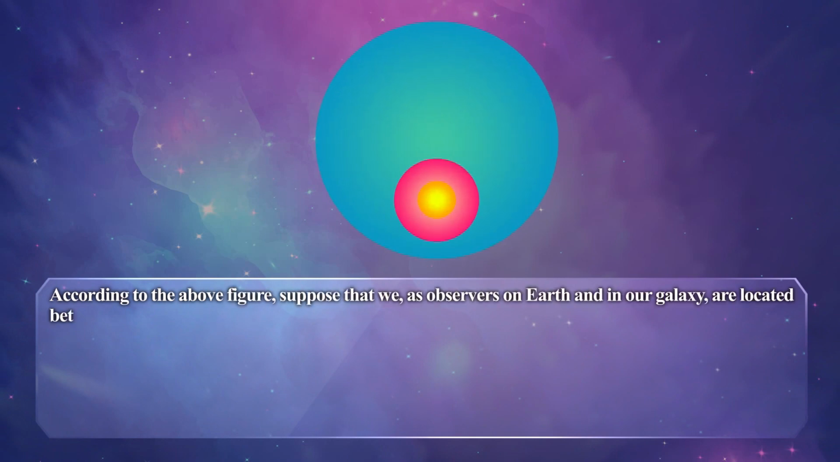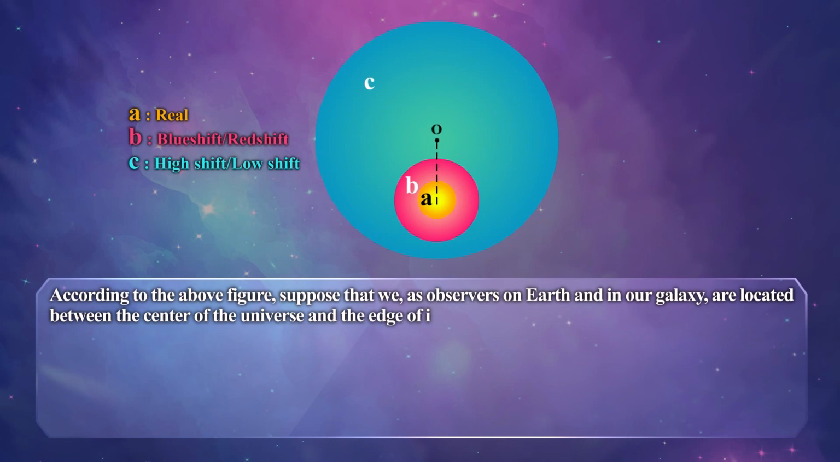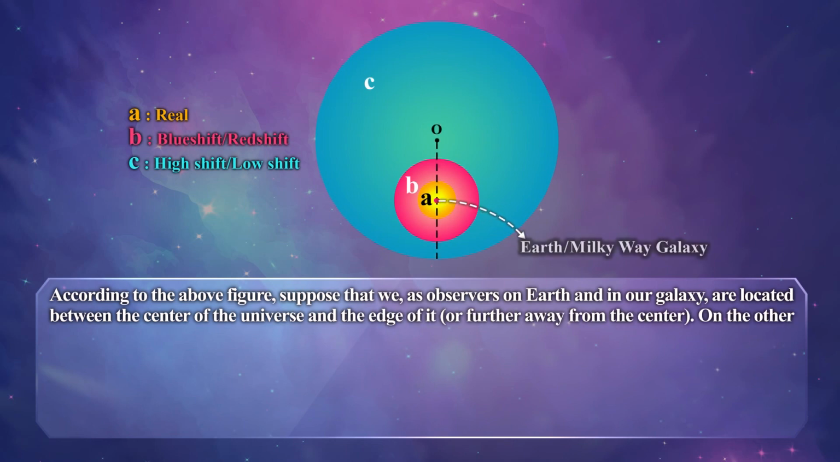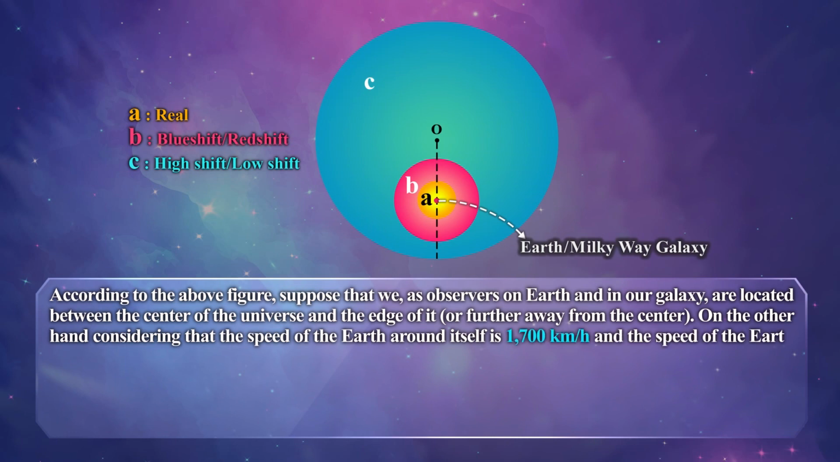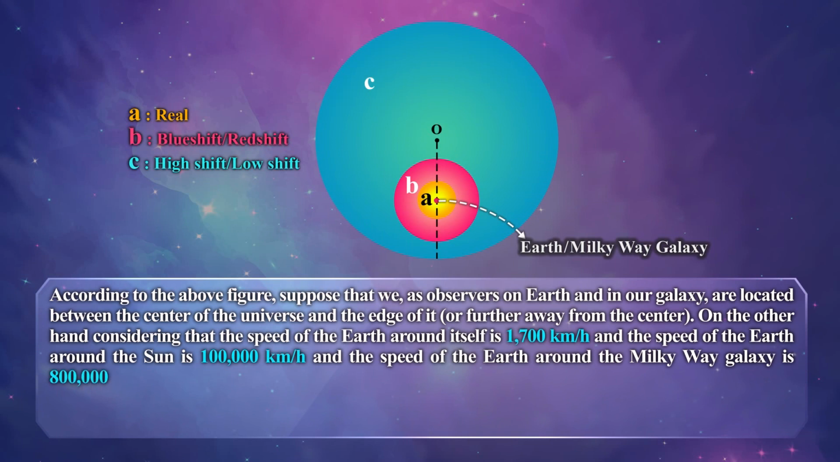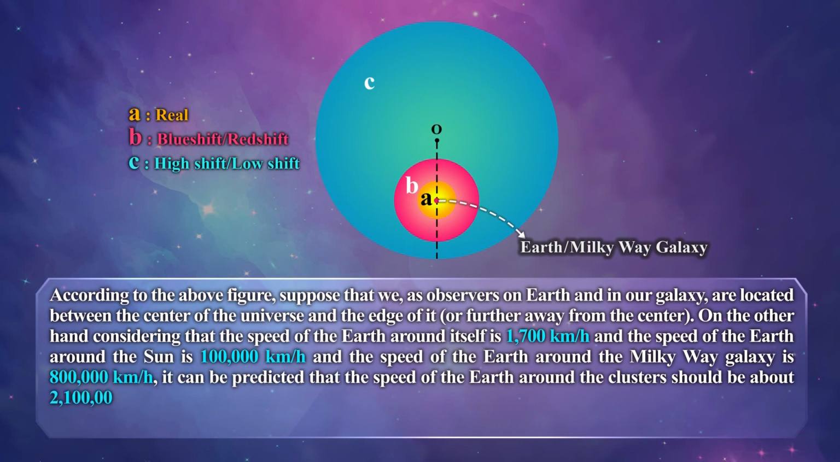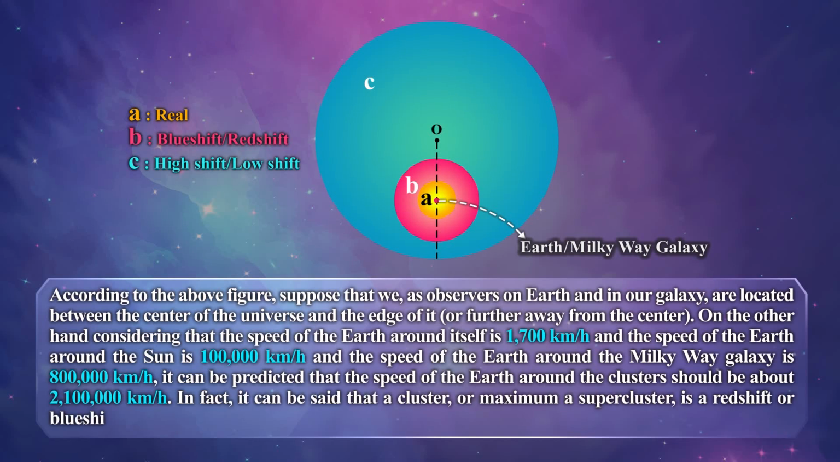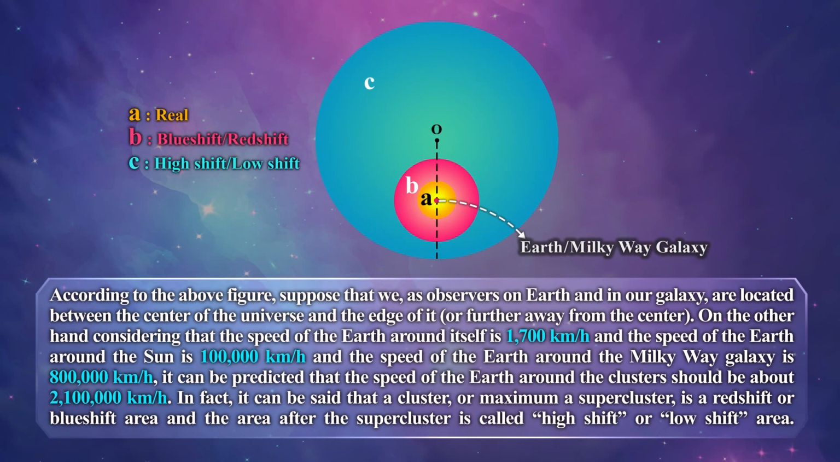According to the above figure, suppose that we, as observers on Earth and in our galaxy, are located between the center of the universe and the edge of it, or further away from the center. On the other hand, considering that the speed of the Earth around itself is 1,700 km per hour, the speed of the Earth around the Sun is 100,000 km per hour, and the speed of Earth around the Milky Way galaxy is 800,000 km per hour,